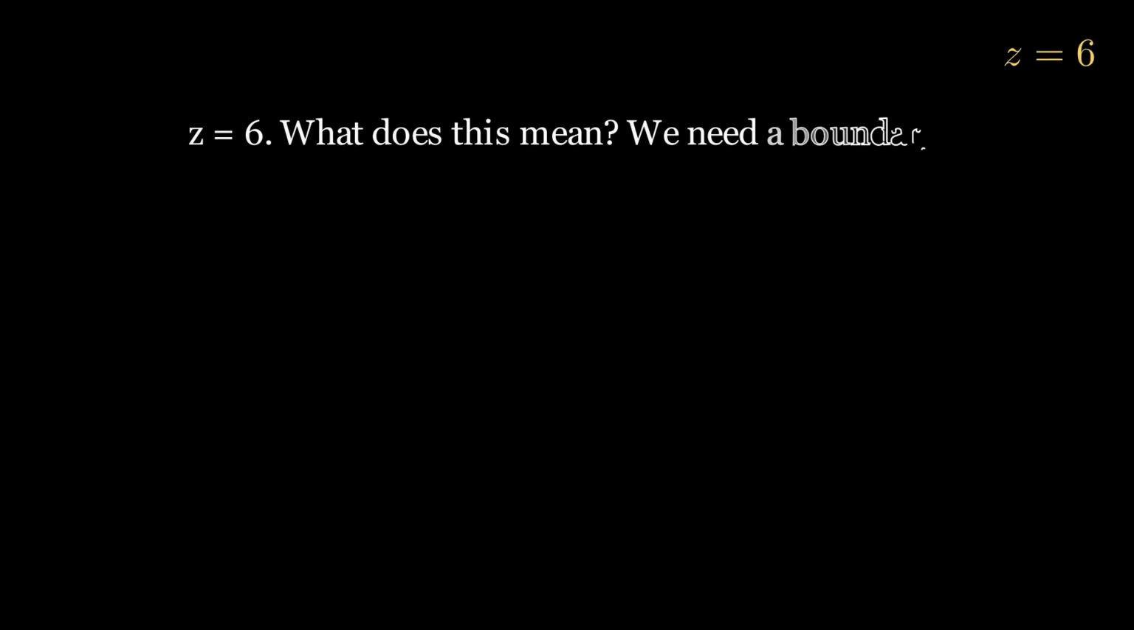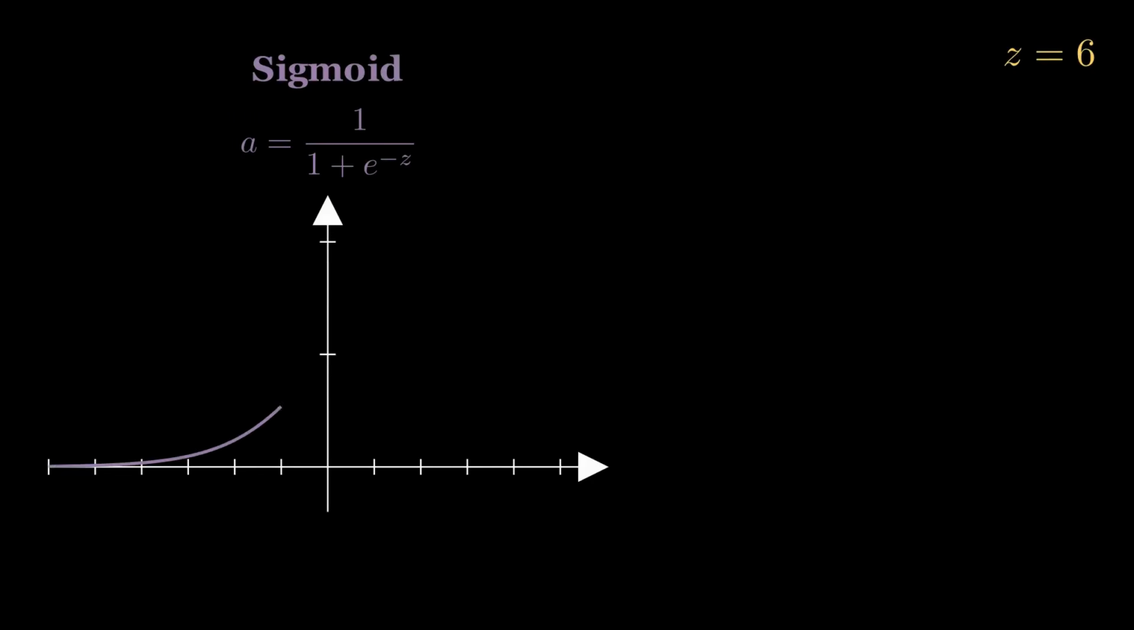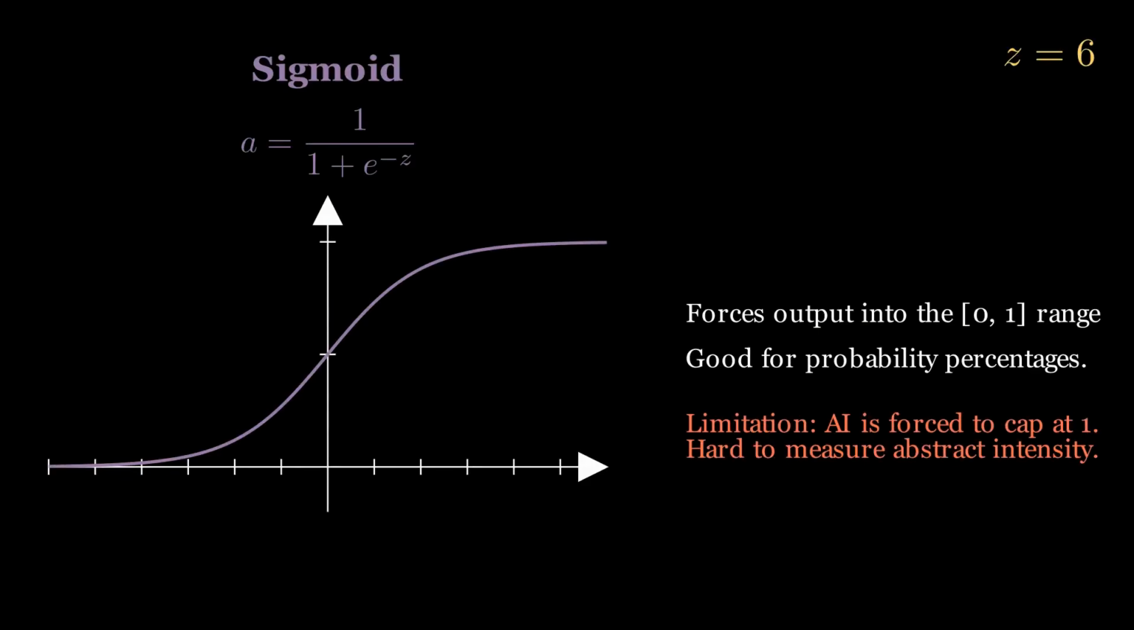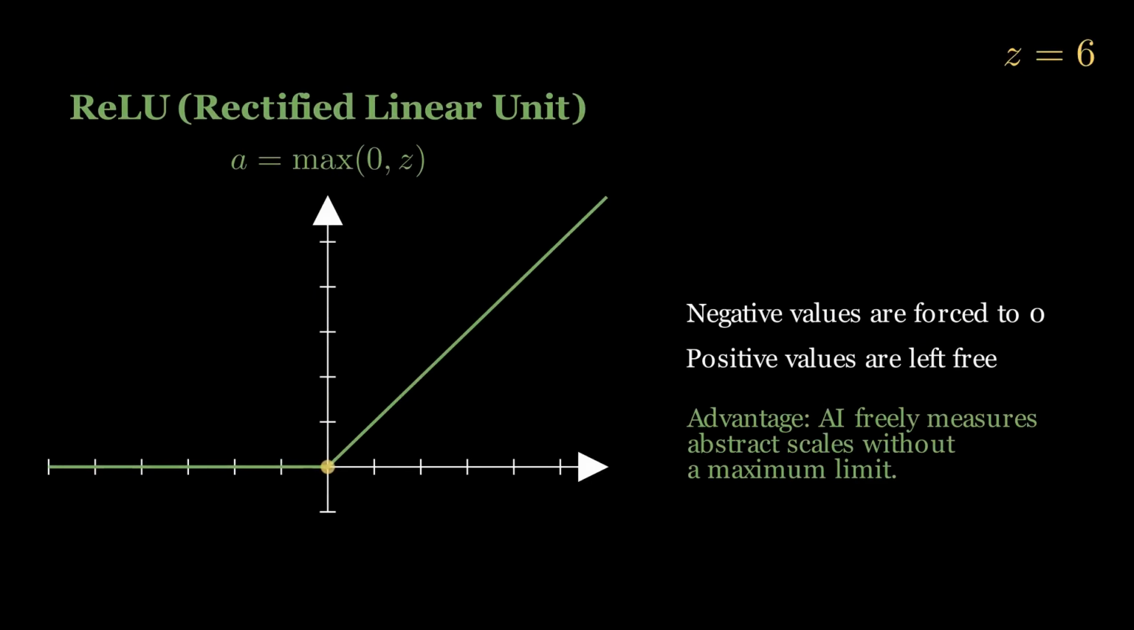What does the number 6 mean? Nothing, before we give it a limit or activation function. In the past, AI used sigmoid. This function forces any result to fall within the range of 0 to 1. It is good for probabilities, but it limits AI too much to understand deeper intensities. That's why we switched to ReLU. Here, negative values are forced to 0, but positive values are allowed to shoot up without limit. It is this break at 0 that breaks linearity, giving AI the freedom to process abstract logic without being constrained